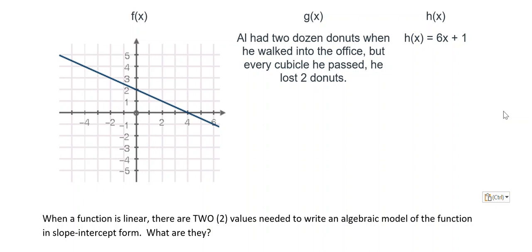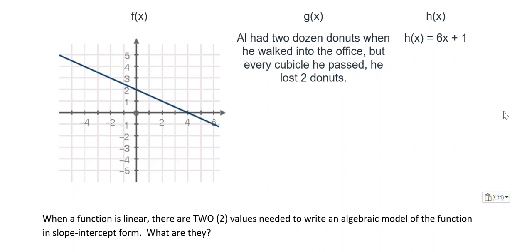Those are the two values we use to compare linear functions because those are the two values that tell us everything we need to know about that line. So what are those two values that are needed to write an algebraic model of the function in slope-intercept form? What are they? What is slope-intercept form? That's really the equation you need to remember when you think of linear functions. When I think of linear functions, I think of the slope-intercept formula, which is,